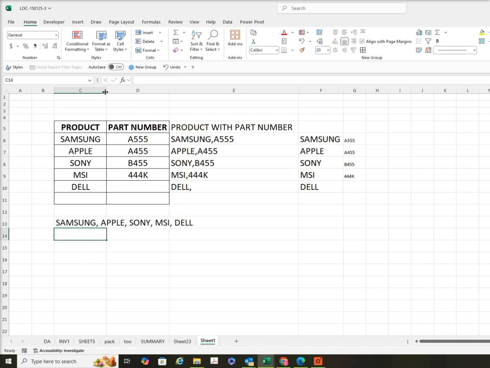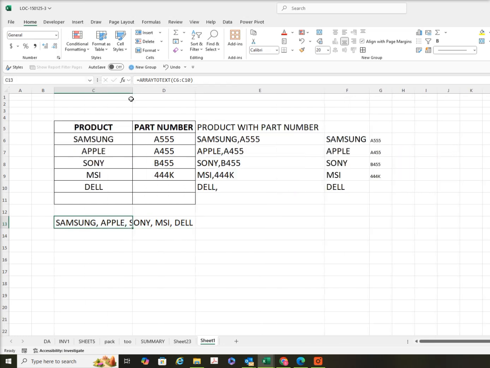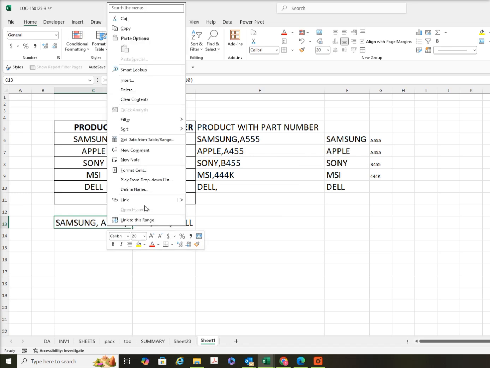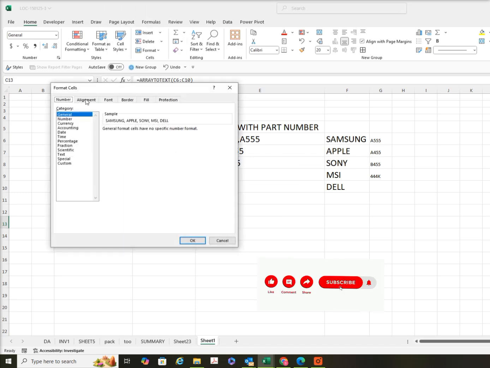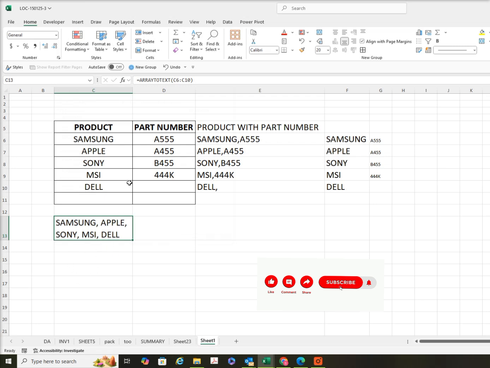This is also quite helpful while using Excel. So we can fit this cell. If we want to fit this cell, just right-click, Format Cells. On the Alignment tab we can see Wrap Text, click on Wrap Text. So these are the three important text functions, which will be